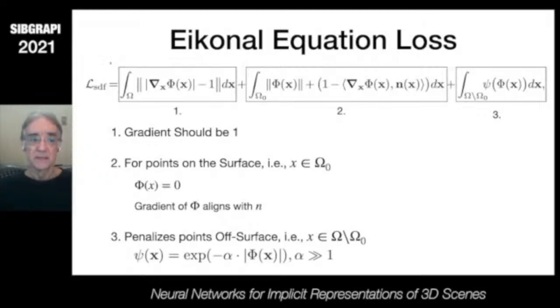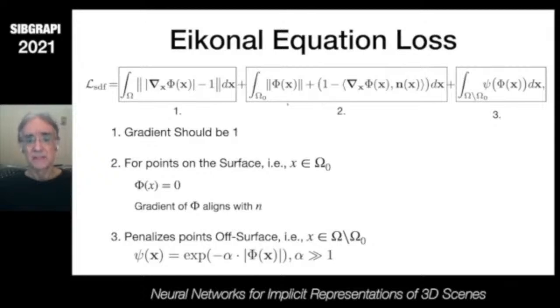So here is the loss function of the network, where we break the problem into 3 constraints. The first constraint, as I mentioned, is to be a true signed distance function given by the eikonal equation, which means that the gradient of the function has to be equal to 1 everywhere. And then